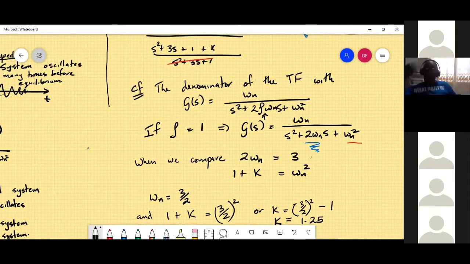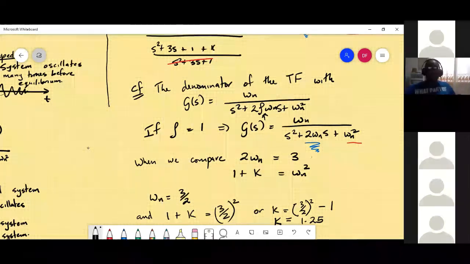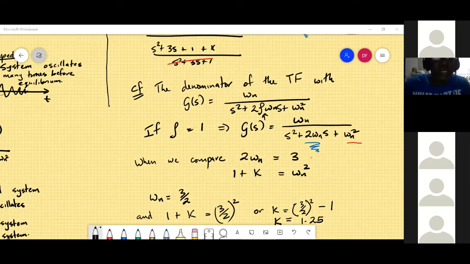So now, what we are saying in what we call pole placement is that we find the gains of our controller, because if we look at all of the systems that we have, one of the things that we will notice is that, let me go back to the fellow doing the discussions about